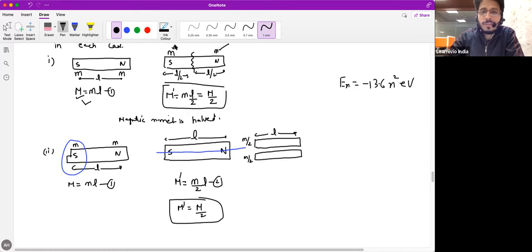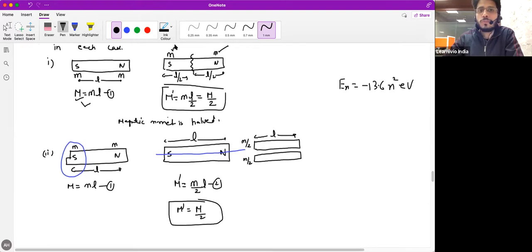The magnetic quantum number basically represents the magnetic moment of a revolving electron. You have calculated the magnetic moment of a current carrying coil, right? What does magnetic moment tell? Magnetic moment tells that every source of magnetic field is a dipole. It has a north pole and a south pole, and that magnetic moment of the north pole and south pole is written as M.